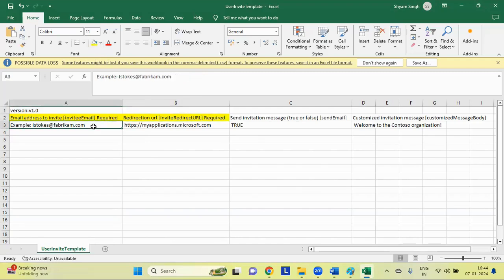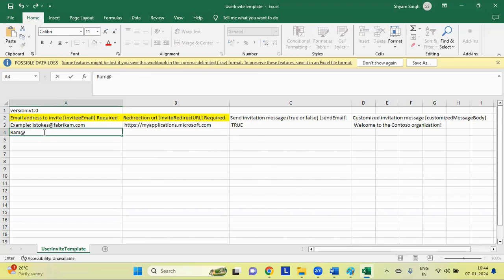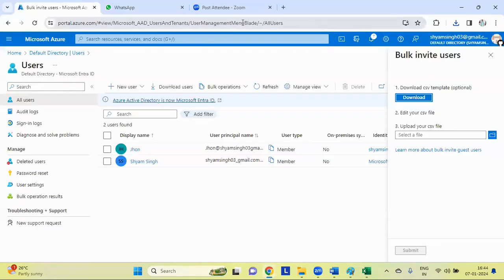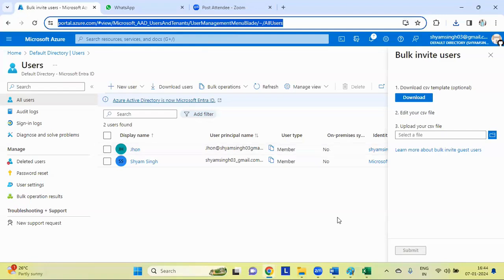The difference is that here we require the email ID, suppose ram@gmail.com. Suppose I want to give access to this particular portal, I can just copy this.